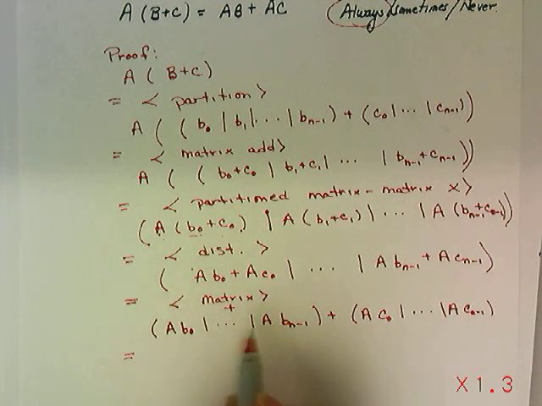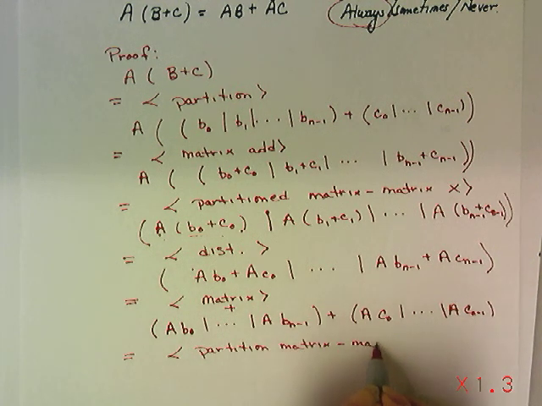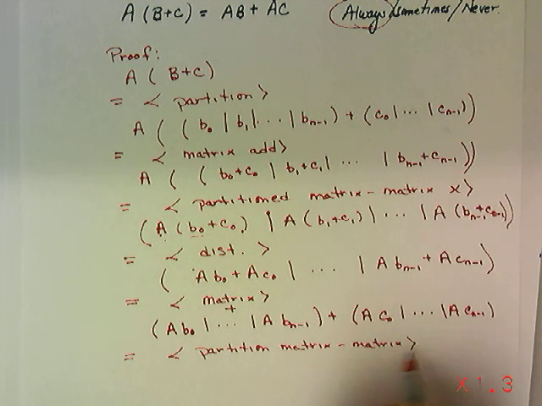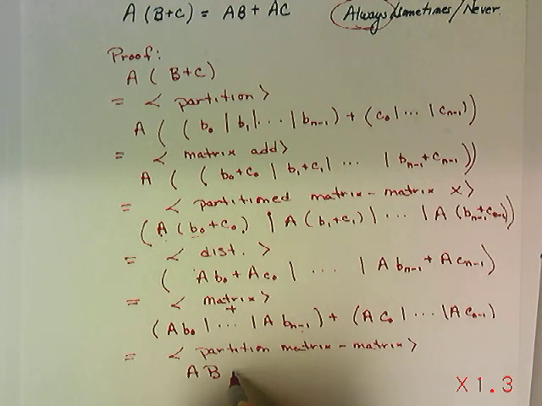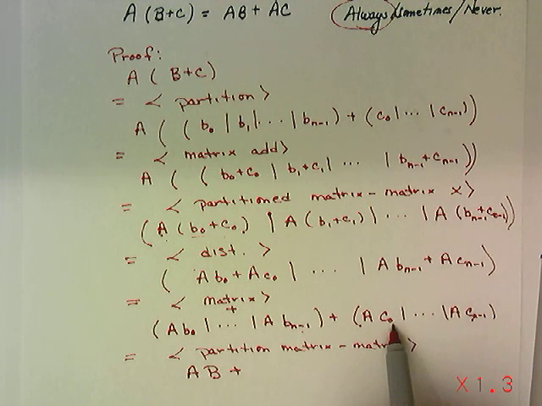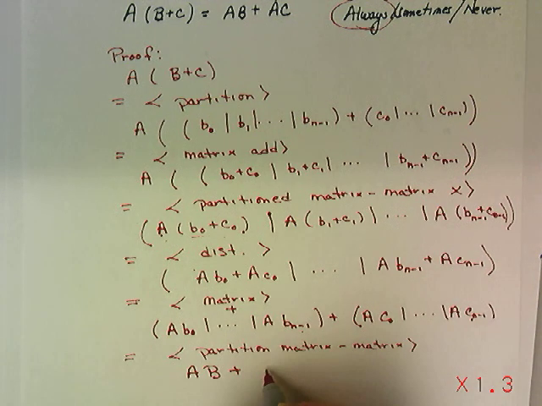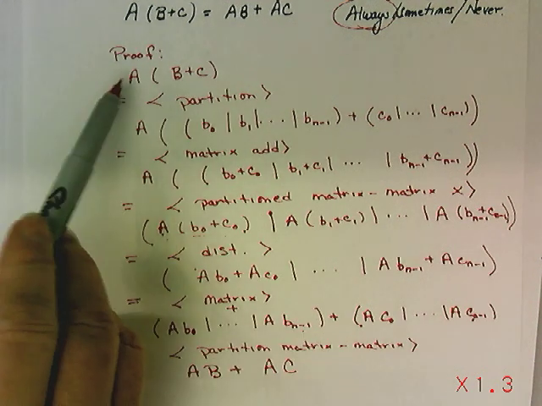But now this by partitioned matrix multiplication I can actually write it as A times the partitioned matrix, but I can skip a step and just write it as A times B plus, again, A times the partitioned matrix with columns C sub 0 out to C sub n minus 1, but I can skip a step and write it as A times C. But that means that it is true,